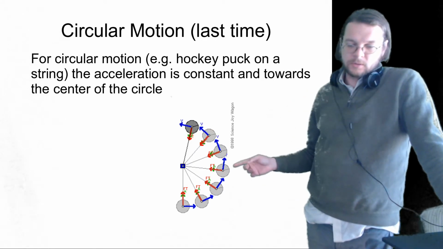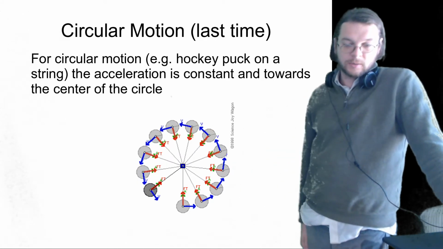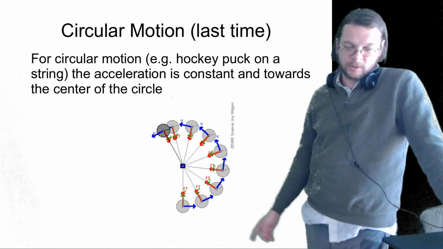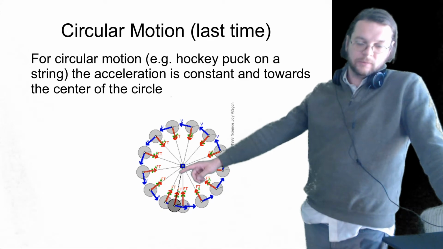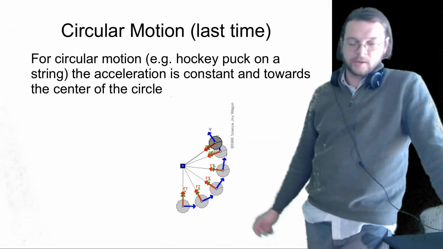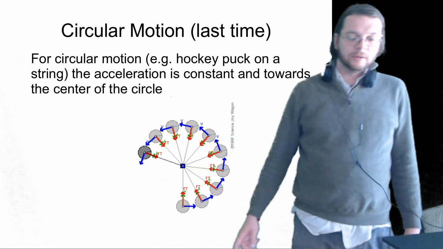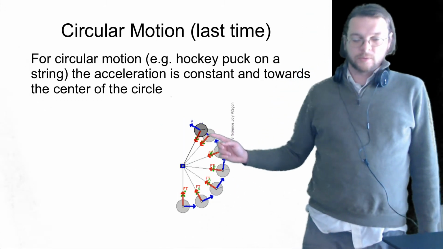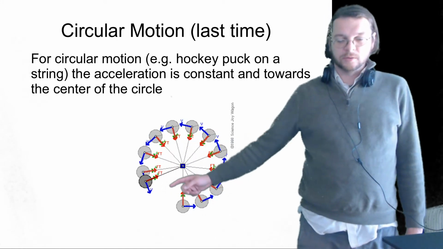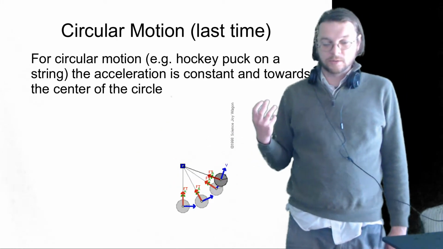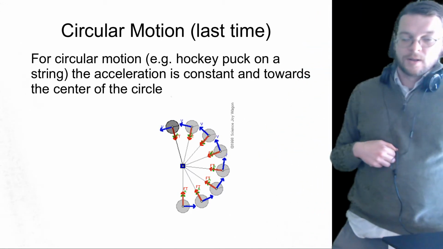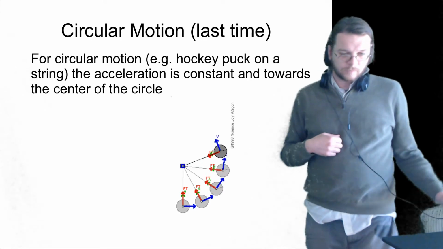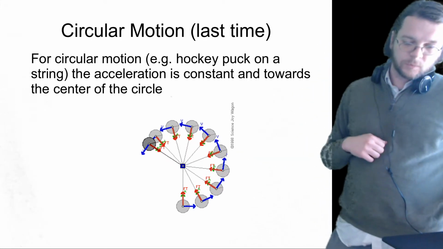So last time we talked about this situation: if you have an air hockey table, and you had a string in the middle of the table tied to one of the hockey pucks, it would swing around and do something like this. The velocity vector is always perpendicular to the path, and there's a force vector towards the center because the string is exerting a force. Whenever a string exerts a force, we call that force a tension,